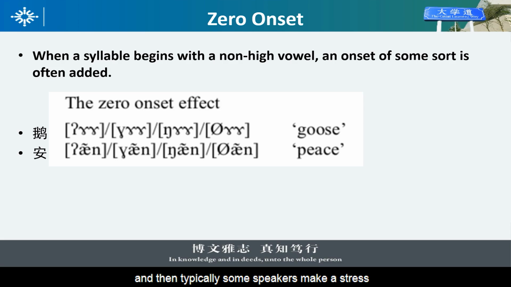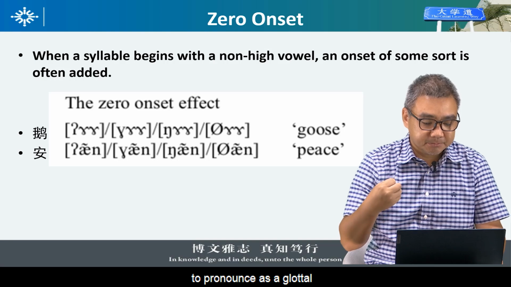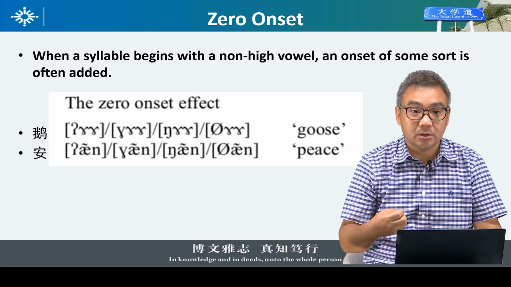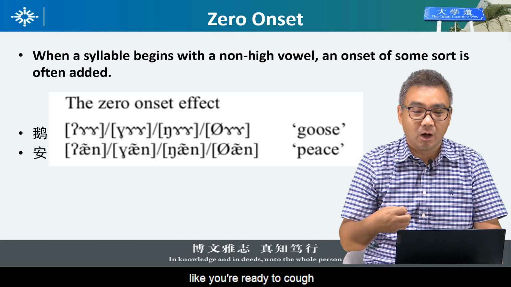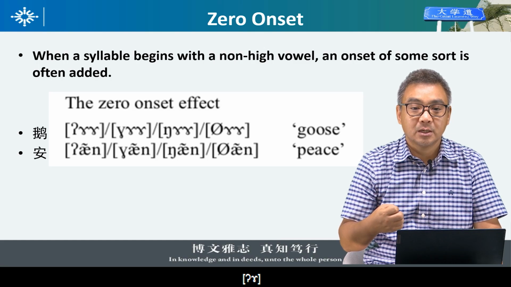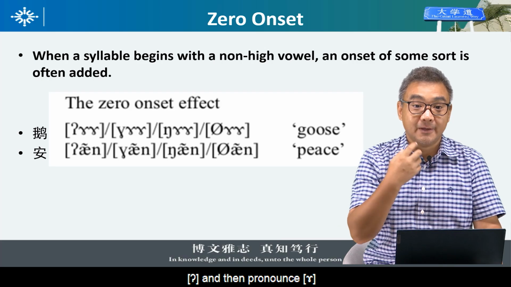Okay, and then typically some speakers make a stress of the glottis, to pronounce a glottal stop, like you are ready to cough. You're getting ready to cough, okay? Stress here, and then pronounce